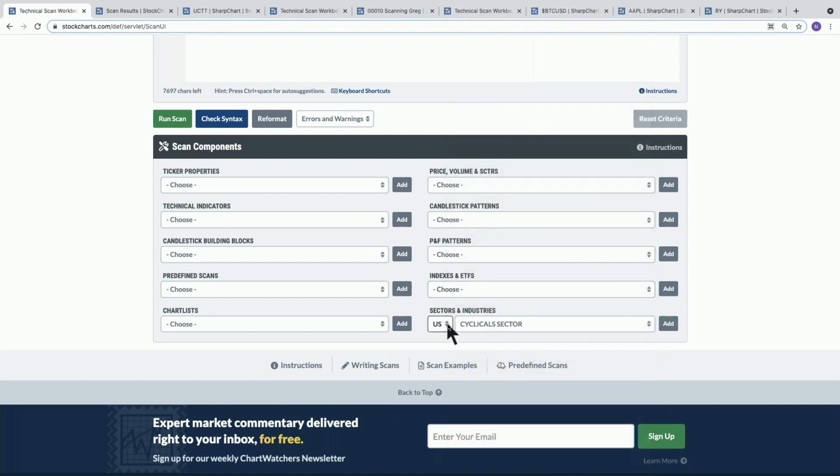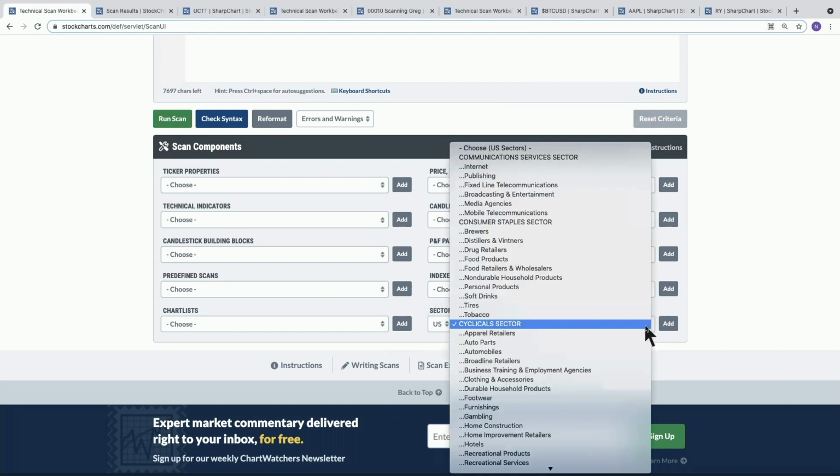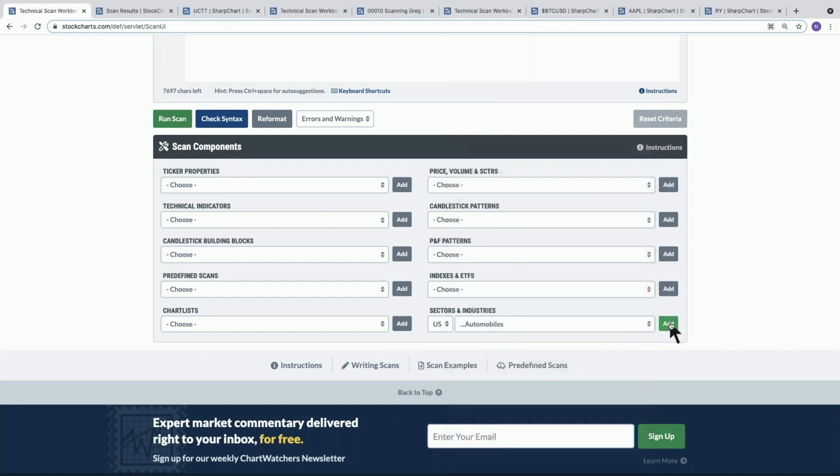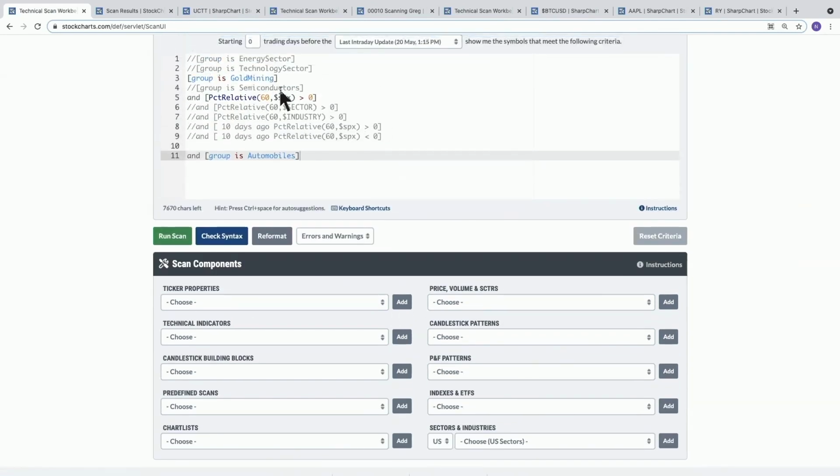And if you're a Canadian and you want to do this on the Canadian market, you would just pick the Canadian dropdown. So it's a pretty easy thing to do, really simple, and it's always going to add this line to the bottom of the scan engine. So whatever we could scan for, automobiles, doesn't matter. Up here, it's going to put it in here. Now you can't be in gold mining and be in automobiles at the same time. So the way we set up the scan engine to only focus on what we want to scan on is we would just